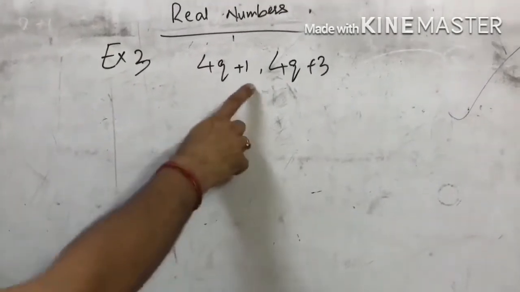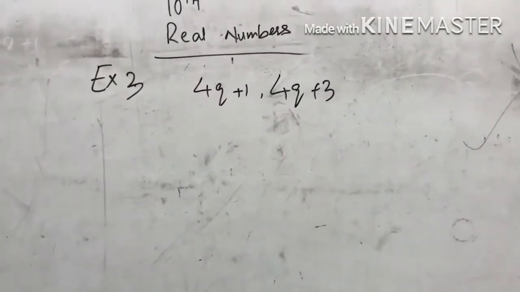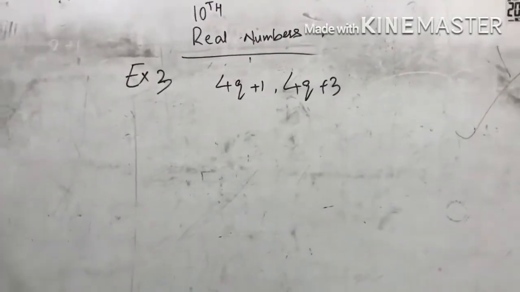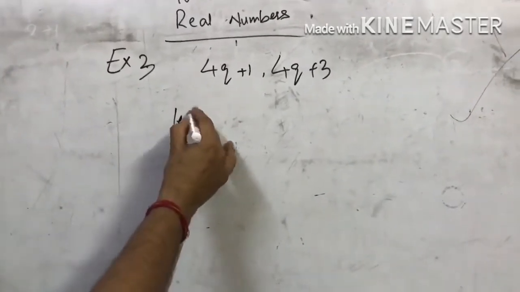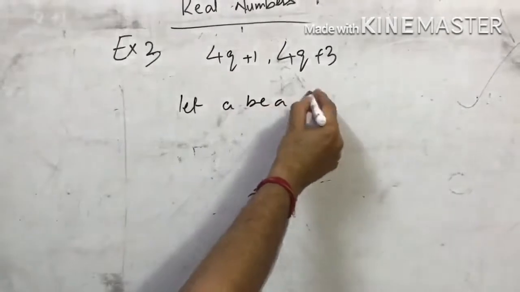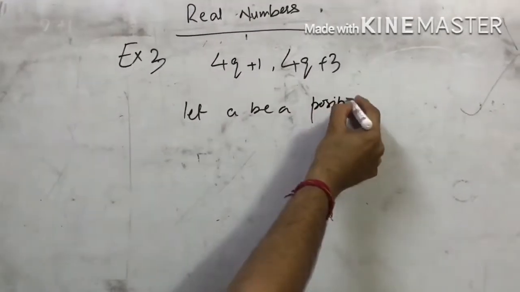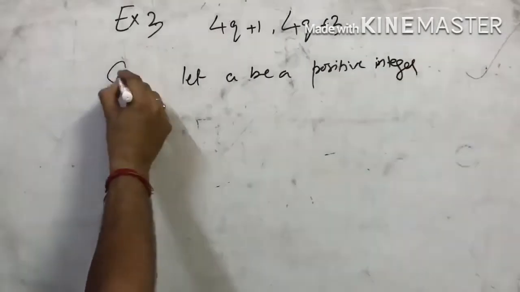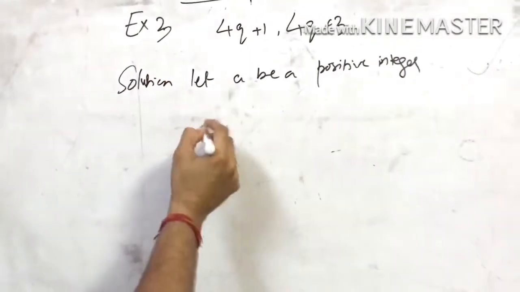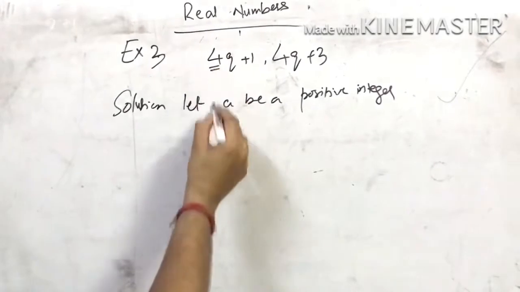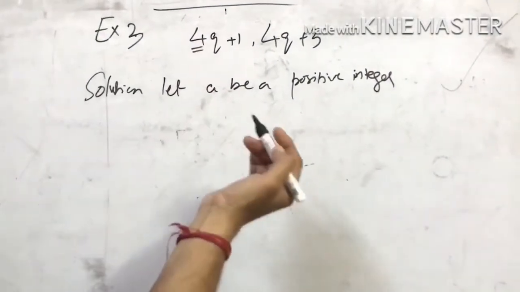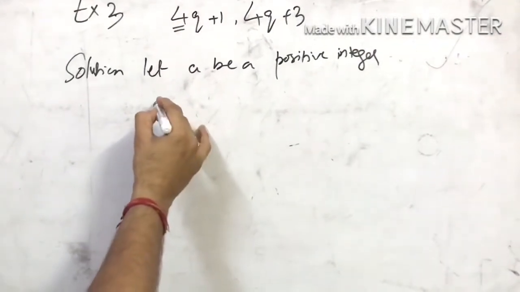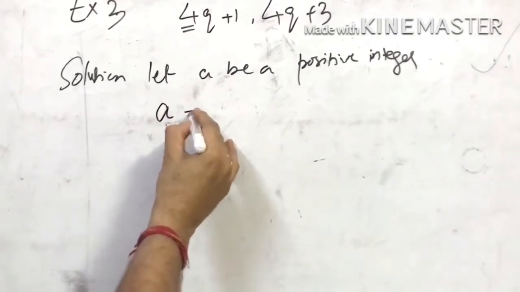In example number 3, students, you have to show that any positive odd integer is of the form 4q plus 1 or 4q plus 3. You have to prove it. So as in previous question, you first decide let a be a positive integer. As you know, you are given with 4, so that will work as b for you, and q be any integer. So as per Euclid division lemma, a will be equal to